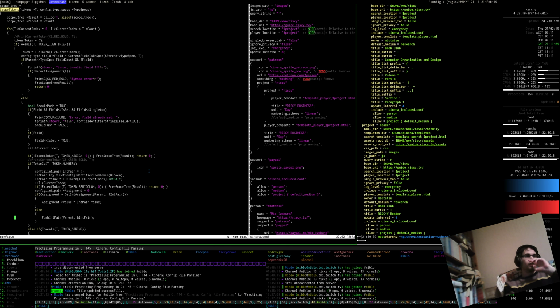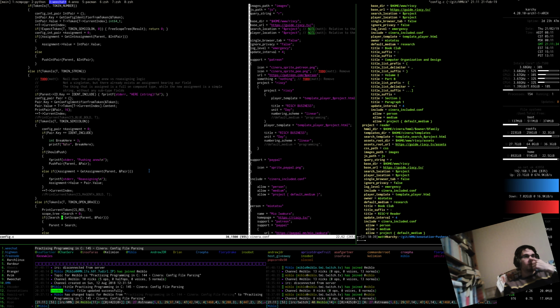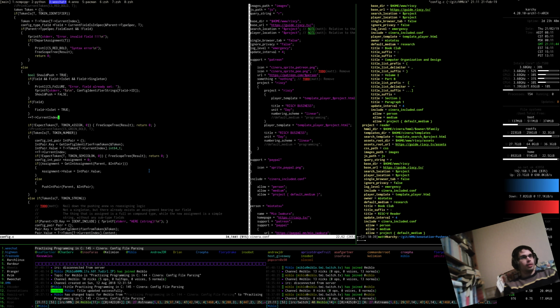If token is identifier, then I suggest what you should be doing is switching on that new thing that we just got to determine whether you need to actually be expecting a number or a string, or an open brace for that matter. So let's do that. So we're switching on the